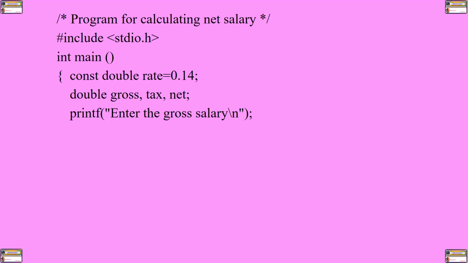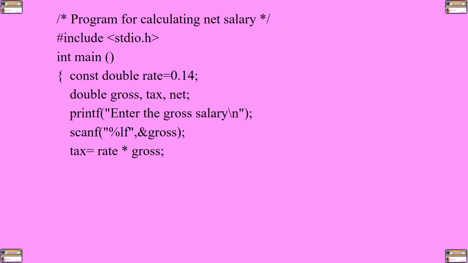The next statement is where we are prompting the user to enter the gross salary. So the statement, enter the gross salary, will be displayed on the screen and the cursor will be taken to the next line waiting for the value. Then the user keys in a value. That value, which can have a decimal point, is read, and then assigned into the memory location called gross. The next statement tells the compiler to pick the value in the memory location called gross, the value which has been entered as the gross salary,